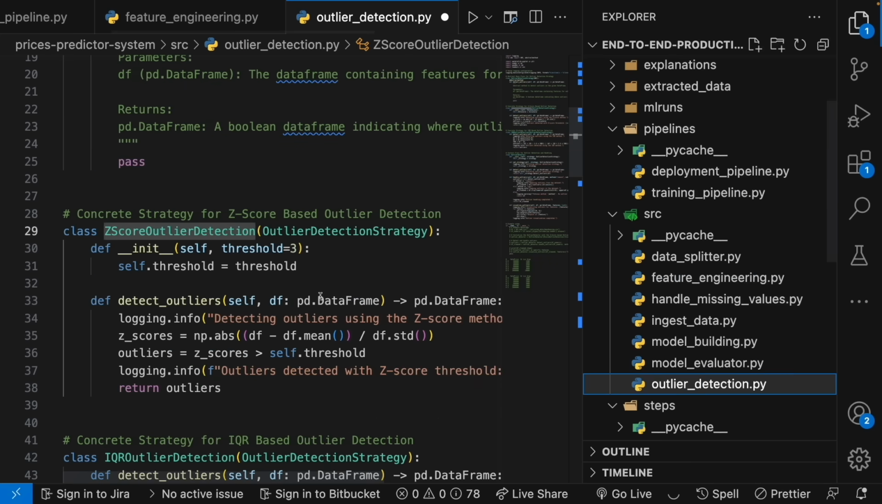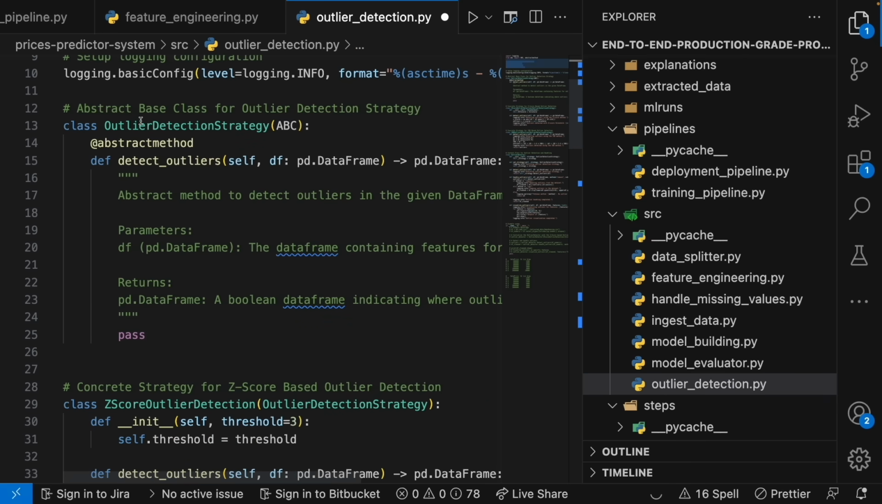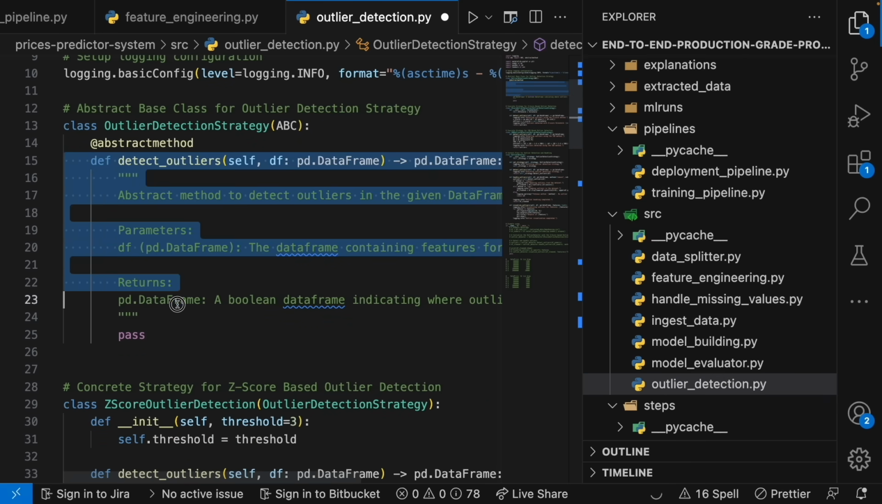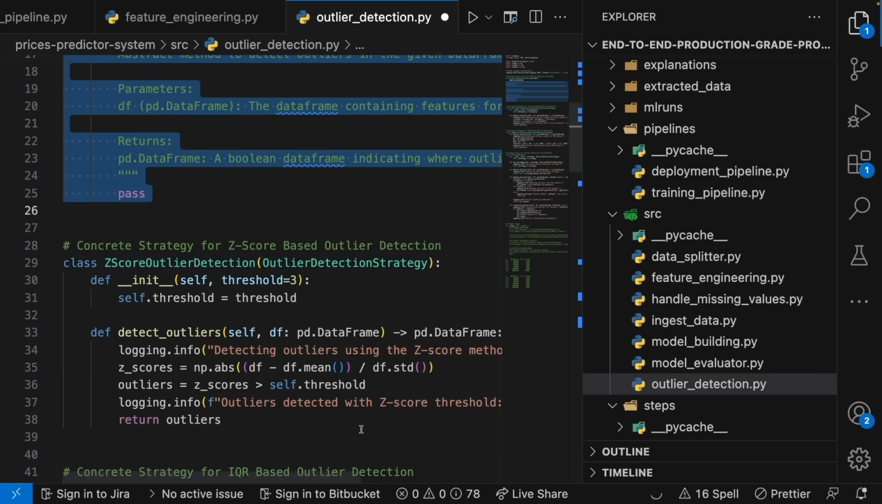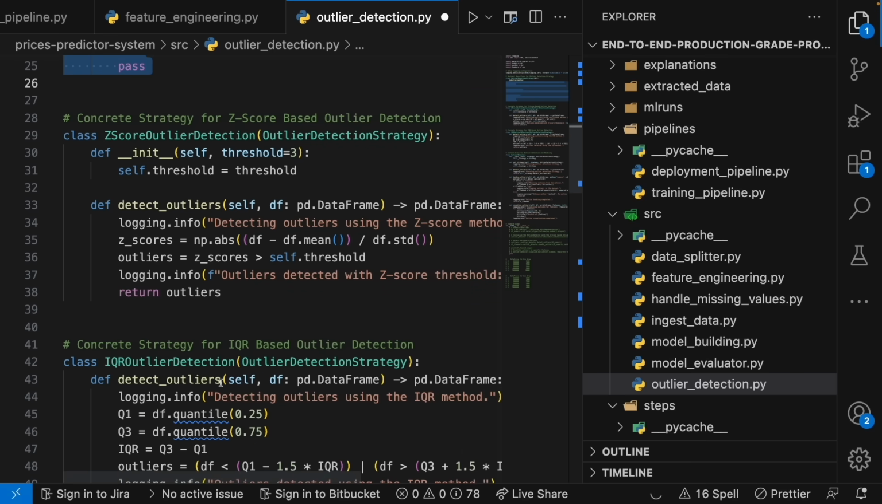So if you go to the outlier_detection.py, the same happens over here: you import necessary libraries and then you create an abstract class which must have this detect outliers method, which will take a data frame as an input and return a data frame. So first of all we will recognize and then we will handle these two things, which we will do right now. So over here, first of all, we're going to implement the